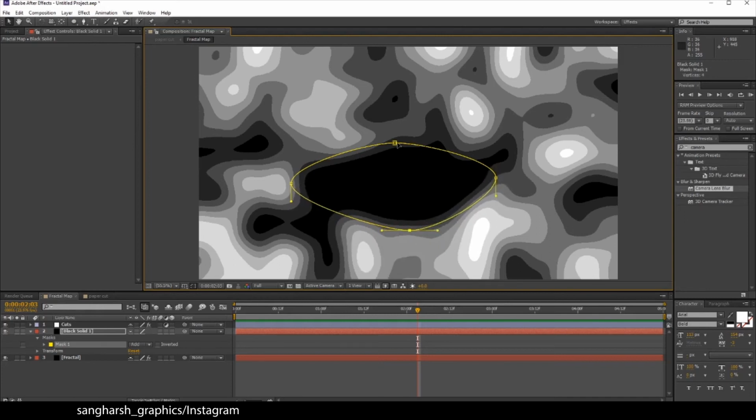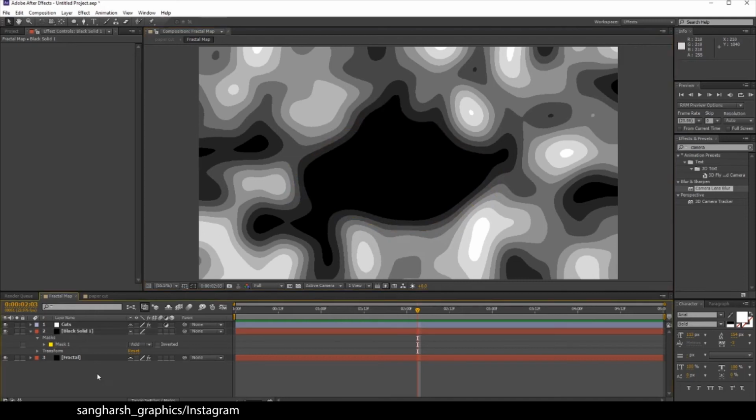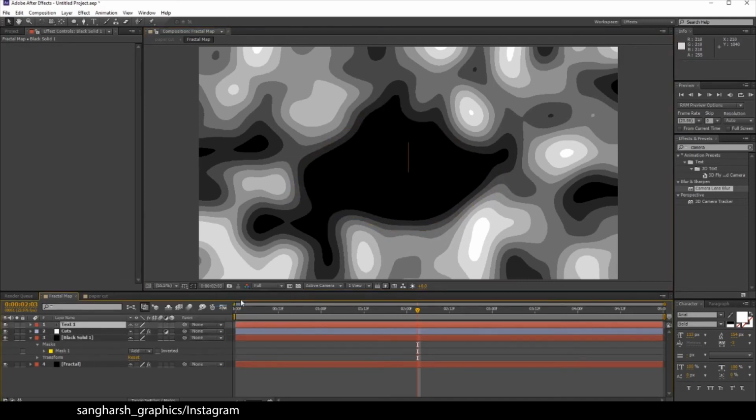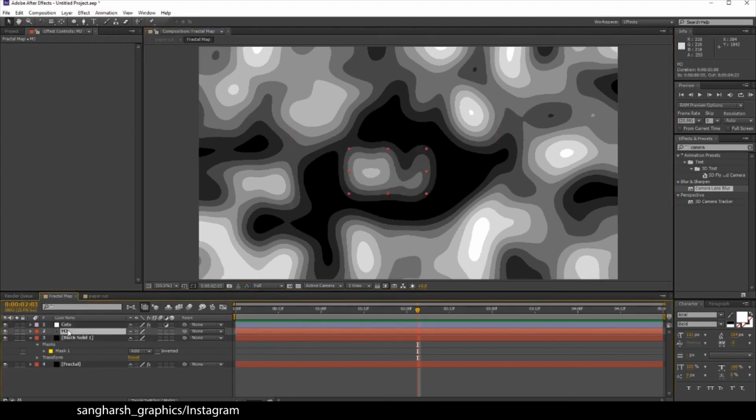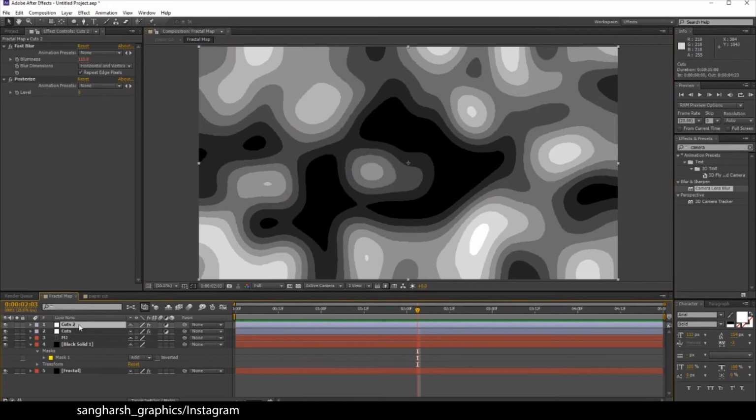Now let's add a text between here. So make a new text layer, name it as you wish. I am renaming it MJ. It's my initial name on my WhatsApp and other things. So increase it a little bit and drag it below the cuts. Now you can see it's blurring too much, so select the cuts, press D to duplicate it, delete the posterize effect.